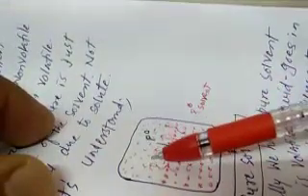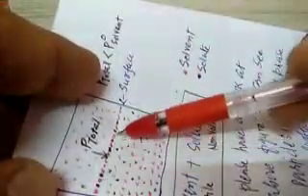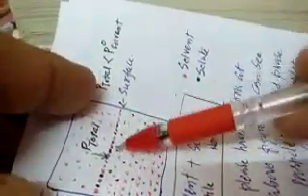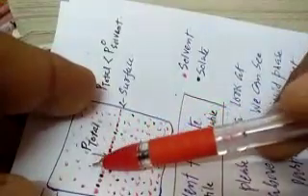Now initially when we had a look at this particular picture, we saw that the surface is made only by the solvent, and that is why the maximum amount of solvent goes into the vapor phase. But here some of the surface is taken by the solute particles, so the surface area for the solvent decreases, and that is why a smaller amount of solvent goes into the vapor phase.